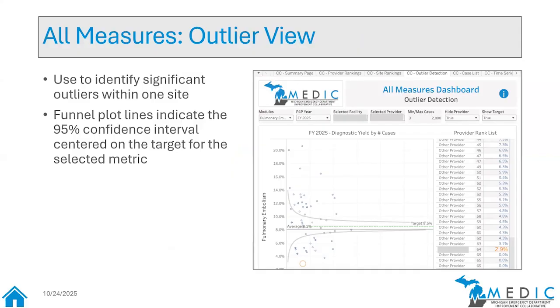There are other ways you can use to figure out what works at your own site. But this outlier view basically shows a scatter plot of whatever your selected metric rate is. I think on this one it's pulmonary embolism. And then it shows what's called a funnel plot, which is basically error bars that funnel out as people get more and more observations. And so if you don't have a lot of observations, you're allowed more variation because you just don't have a lot of observations. And so that's what creates that funnel. And it's centered around whatever the target is for the metric that you've selected. Again, on the screen, there's pulmonary embolism.